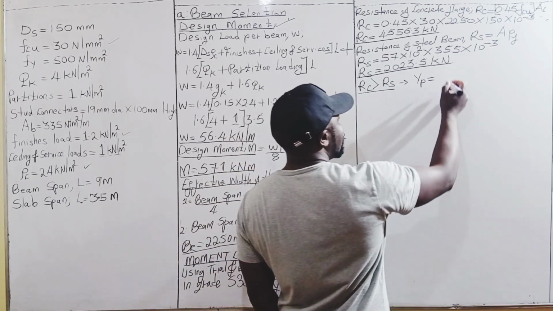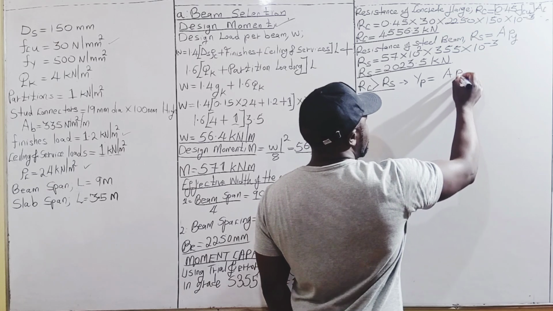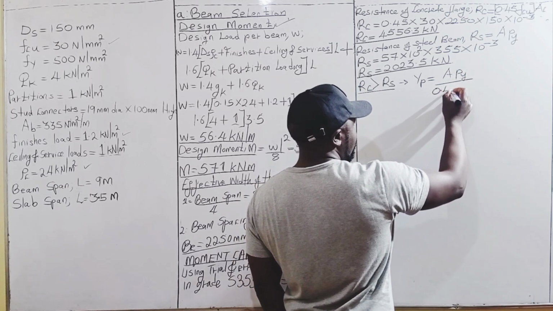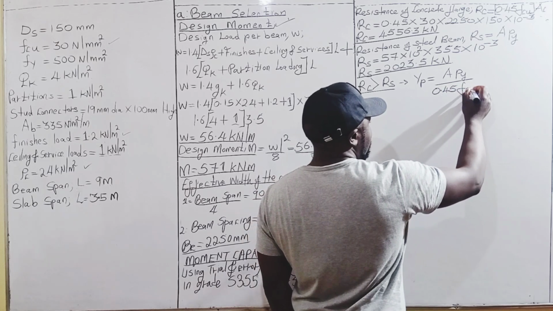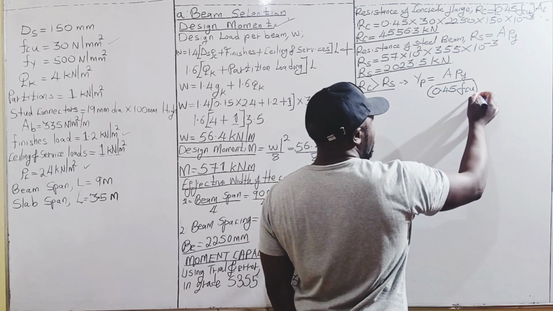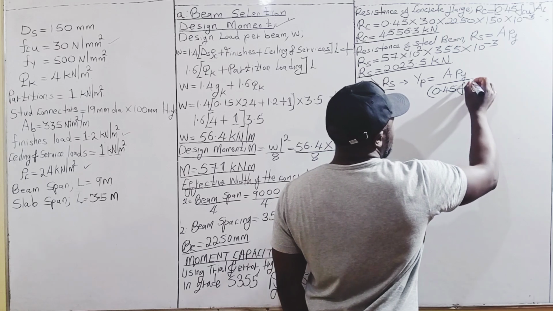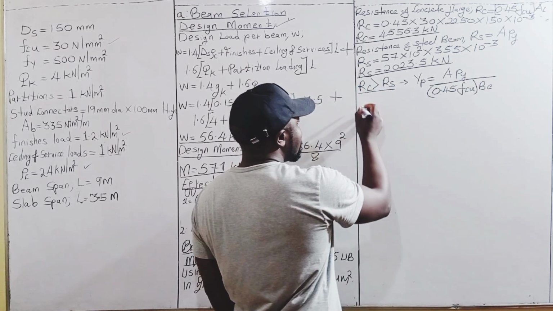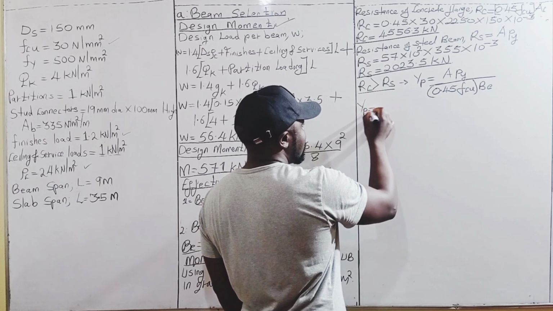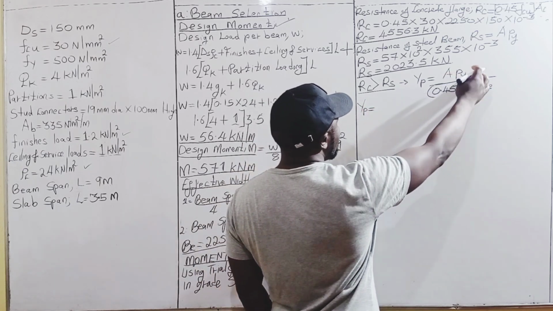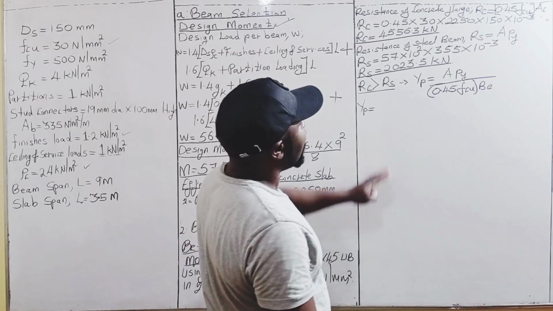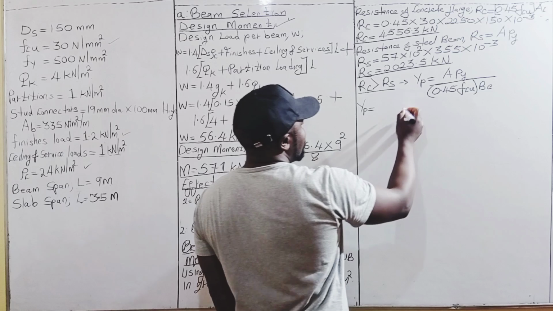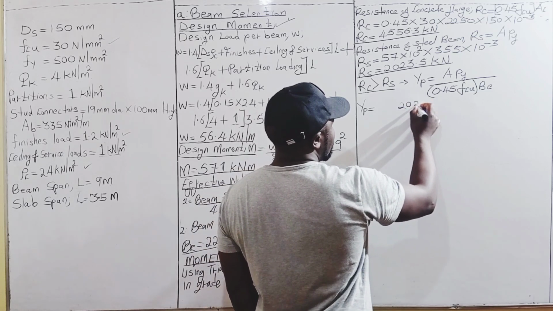And it is given by this formula, Ap py divided by 0.45 fcu multiplied by the effective breadth of the concrete flange. And in this case, the depth of the neutral axis will be equal to Ap py, that is the resistance of the steel beam. And we have gotten it as 23.5